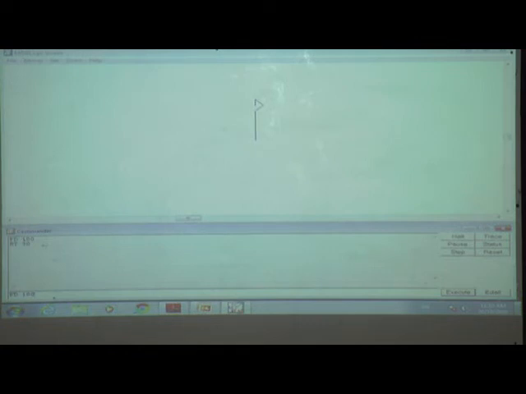If we give FD 200 the first time, then each and every time we must give FD 200. Sorry, FD 100. Now we want to draw the line to the downside, right? To complete the square, we must draw the line to the downside. Then how to take the cursor to the downside?